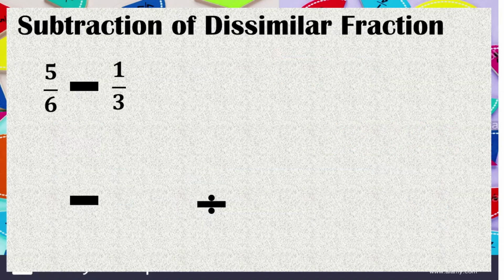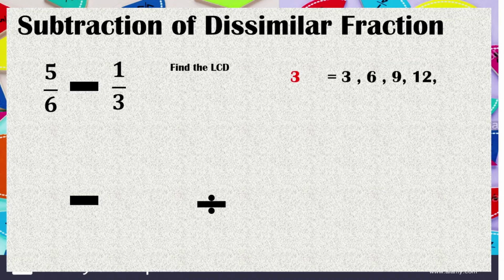Very simple. Next, subtraction of dissimilar fractions. Sa subtraction, parehas lang ang process sa adding ng dissimilar fractions. Ang pinagkaiba lang is magma-minus kayo. Pero the same process. Meron tayong ditong 5/6 minus 1/3. Again, we are going to find the LCM or the LCD ng 6 and 3 para maging parehas ang